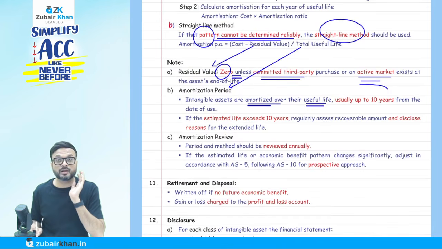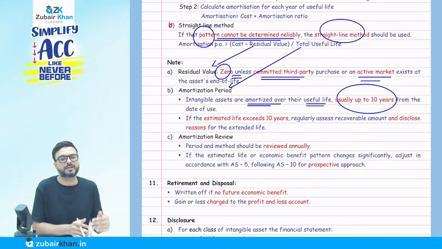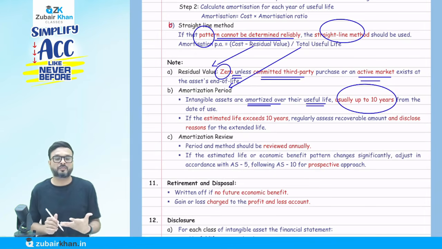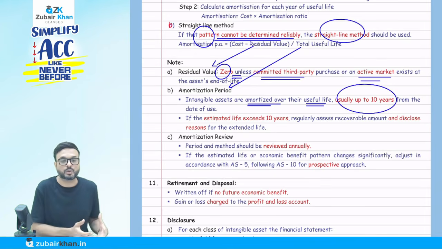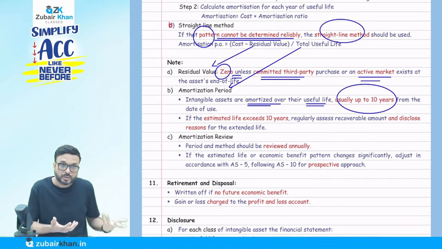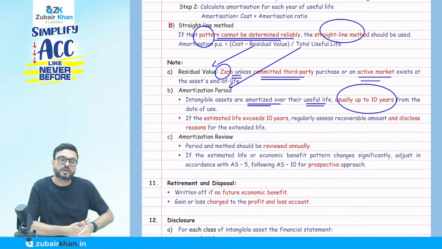They say usually up to a maximum of 10 years. For intangible assets, they don't have much life, but they say a maximum of up to 10 years is allowed. But suppose some airline like IndiGo has a contract to land their flights at Chennai airport for a period of 15 years. They have a genuine reason, an intangible asset for a period of 15 years,